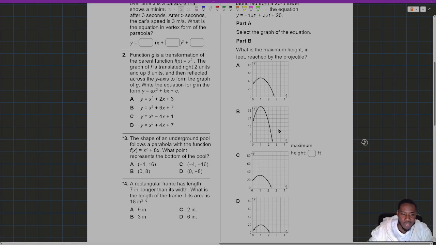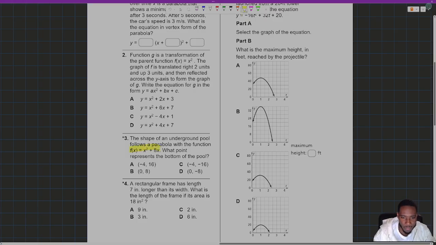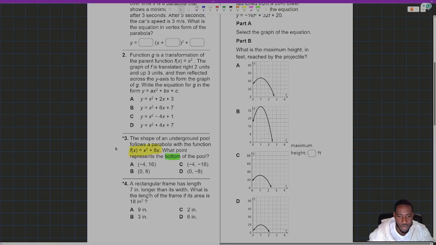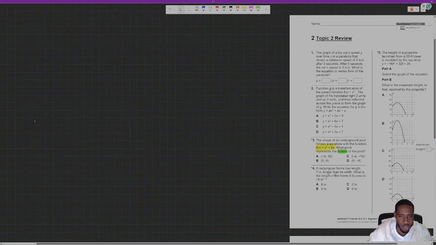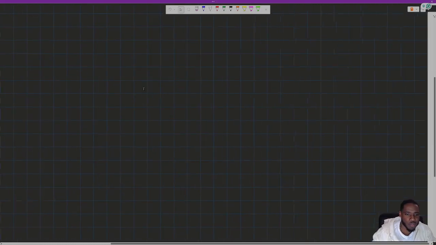Number 3 asks us about the shape of an underground pool, which has a parabola modeled by this function, f of x equals x squared plus 8x. I'm going to highlight that. It asks us what point represents the bottom of the pool. So when we have these quadratic questions, it's important to consider what key feature they're asking us to look at. If I take my workspace over here,